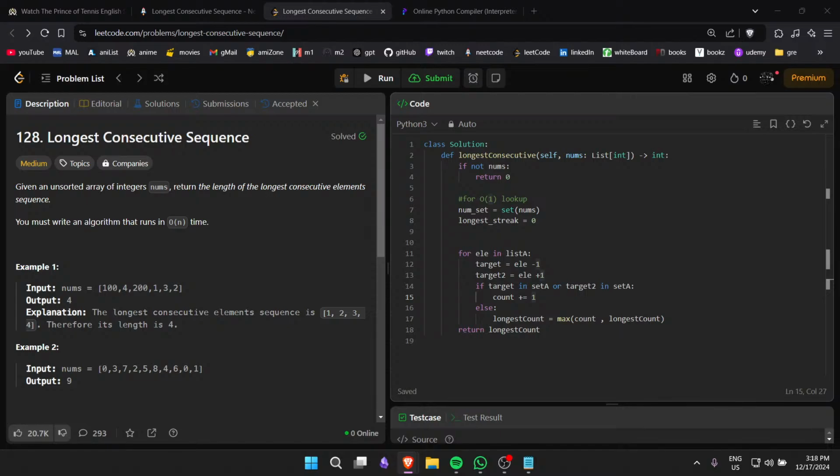So now to find the start ranges, let's start iterating through our array. So we get to the first element, 100. Does it have a left neighbor? Well, we can check our set. It doesn't have 99 in it. So this is the start of a sequence. So let's get the length of the sequence. We start at